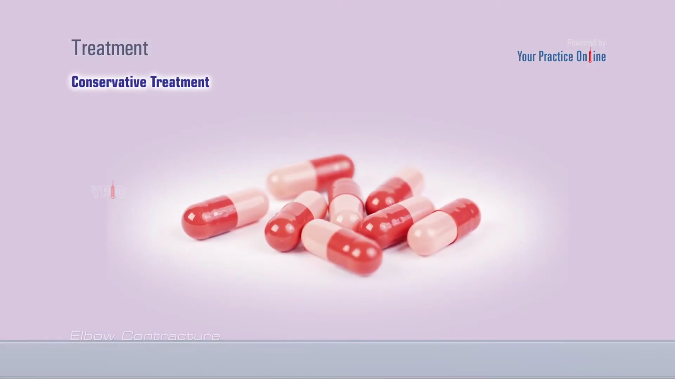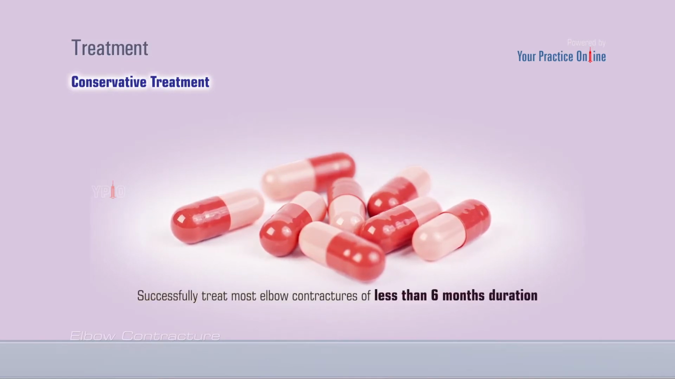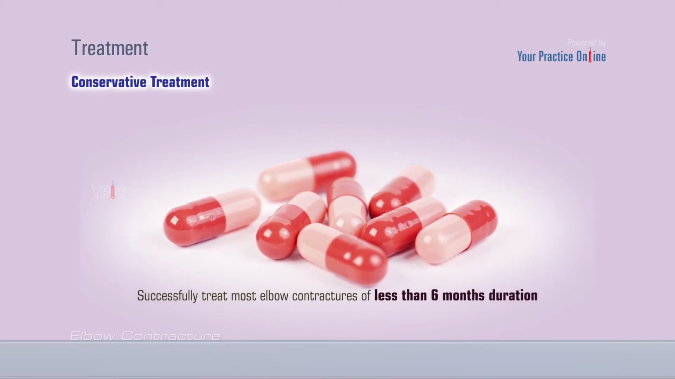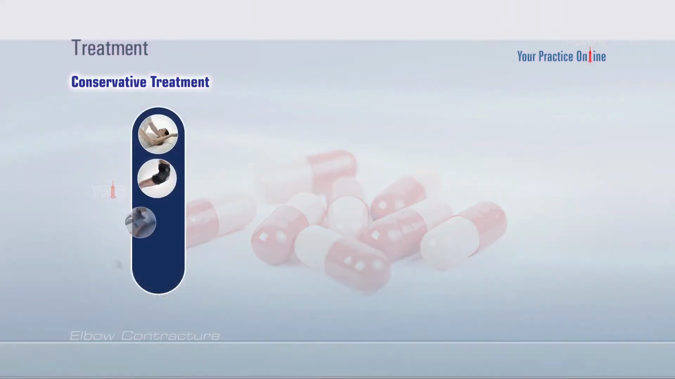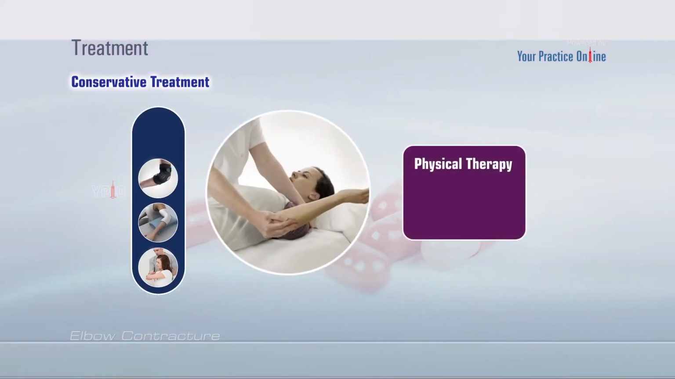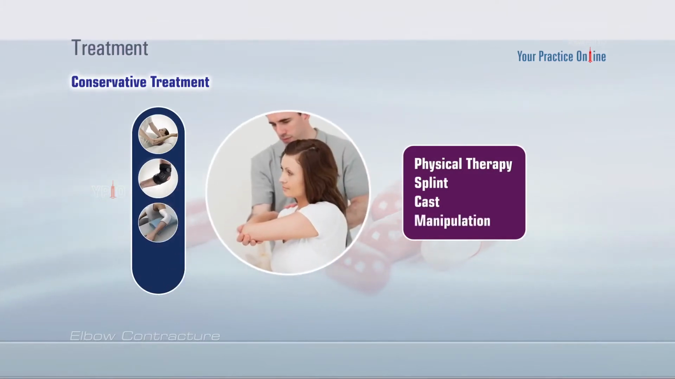Treatment. Conservative treatment. Conservative treatment options for elbow contracture can successfully treat most elbow contractures of less than 6 months duration. These options will be based on your particular situation and may include the following: physical therapy, splinting, casting, manipulation,